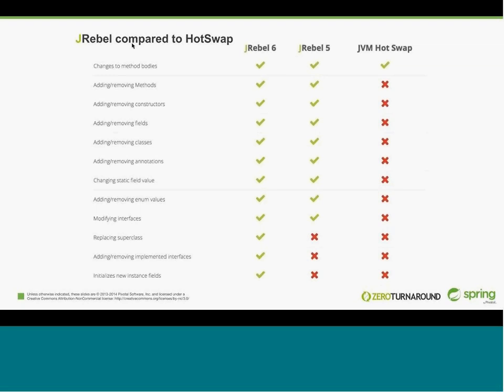Right? So you can change, add, or remove methods, constructors, field classes, annotations, that kind of stuff. And then JRebel 6, which came out in the first week of November, we also have the ability to do all that stuff plus class hierarchy. And so we can also change and add or remove superclasses, add or remove implemented interfaces, and initialize new instance